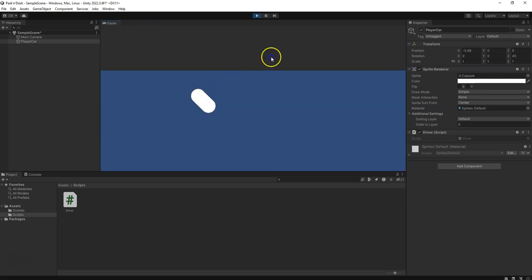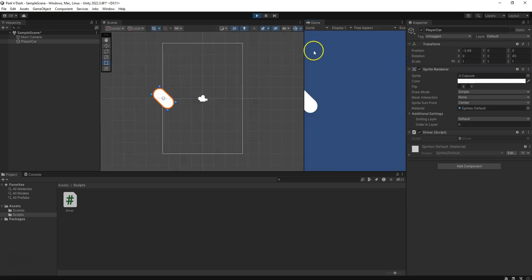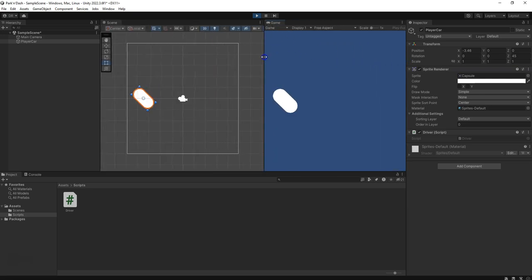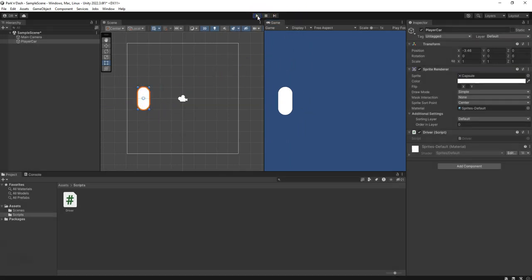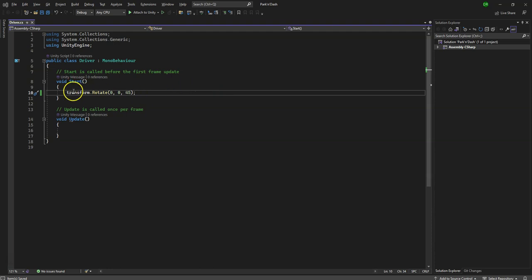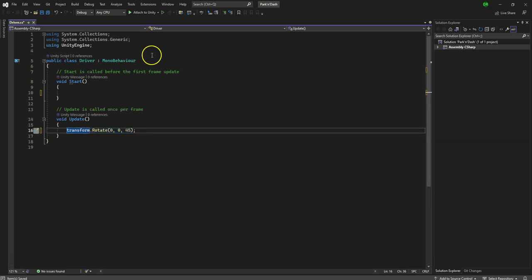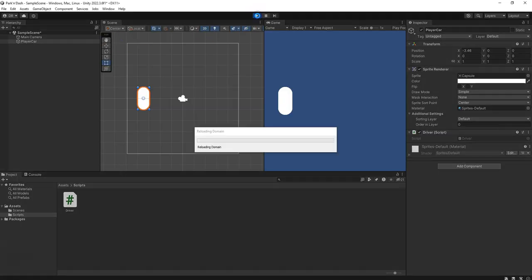In fact, I'm just going to pull this out so I get kind of a split screen view here. I'm going to adjust this just a little bit. And you can see here is my sprite. And if I hit play again, it'll stop the game and it returns to that same initial position. Now, that's cool, but we want this to be updating. Because remember, we want the player to have control. So I'm actually going to go back to my code, and I want to move this from start, so I'm just going to grab that and drag that down to update. All right, and now if we save that again, and go back to Unity, and now I press play,